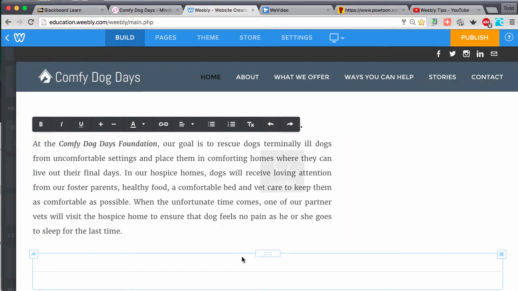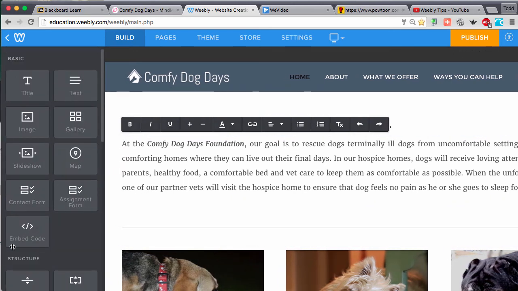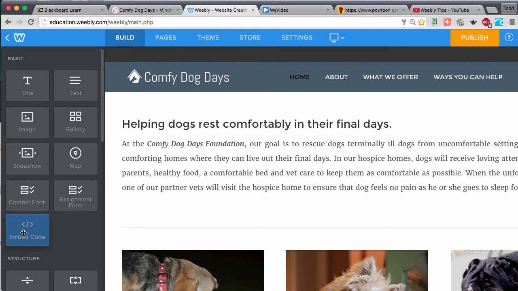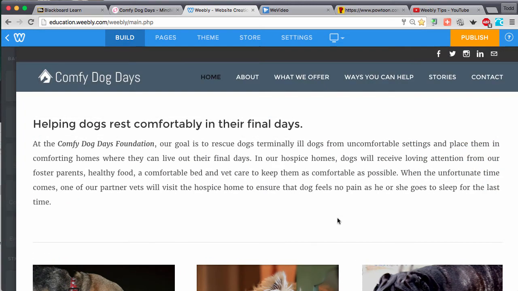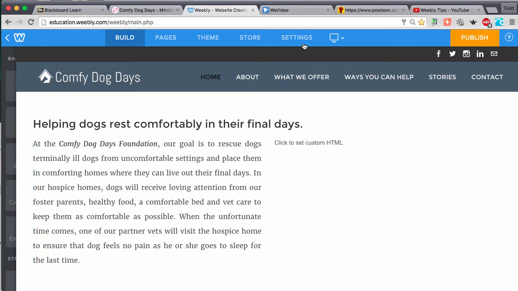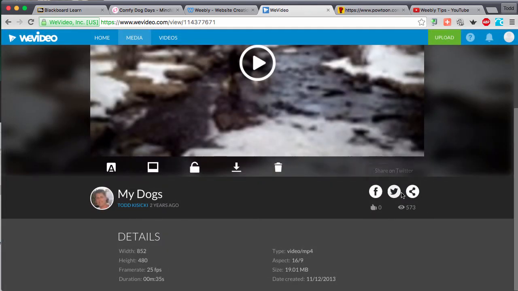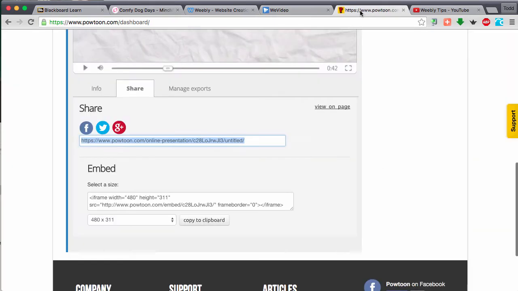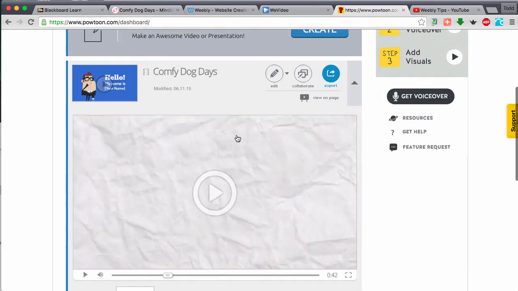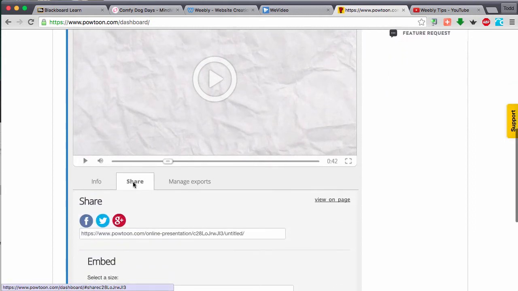Now for the WeVideo or the Powtoon, you're going to use the embed code, and you don't need to know any embed code again. We've done this before, but I'm going to drag it to the spot that I want it, and I'll drop it. Okay, and it says click to set custom HTML. What I have to do is go find the HTML for both of those, and it's going to be under this share link and embed, and I can copy the URL there, or if it's in Powtoon, I did the same thing where I dropped the menu down, clicked on the share tab, and